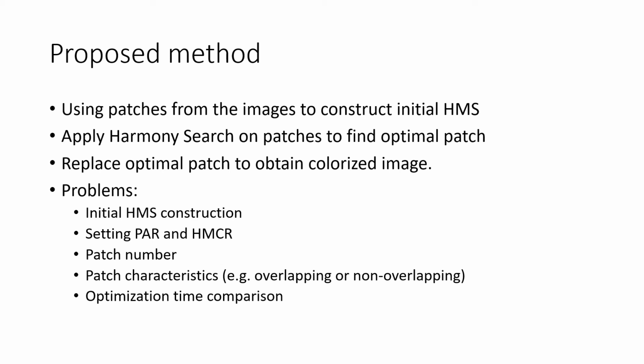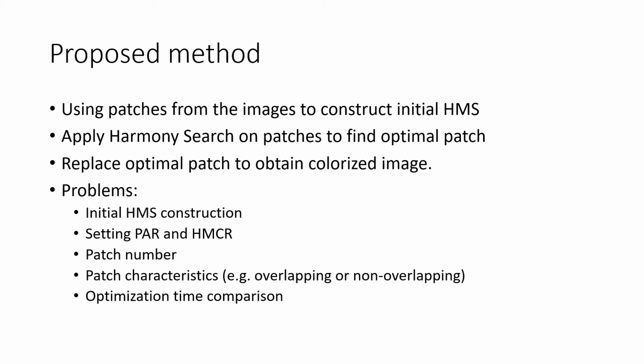Then again, how many patches should I go for? If I take more patches, it will take more time for the optimization. If I take fewer patches, maybe I'm missing some important patch information. Also the patch width and patch height, how big the patch should be,